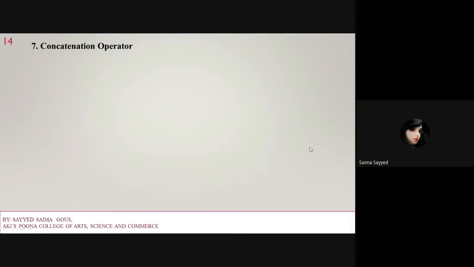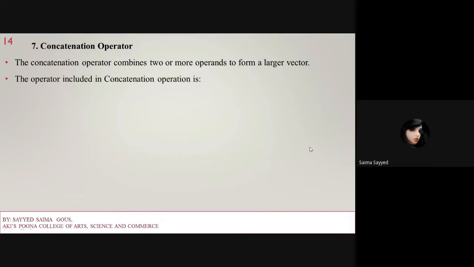Next are the concatenation operators. So what are their operations? They combine two or more operands to form a larger vector. This is the symbol for a concatenation operator. And next is the replication operator.